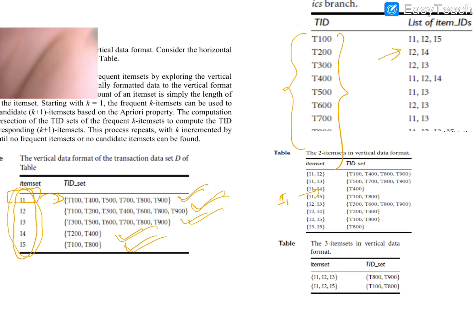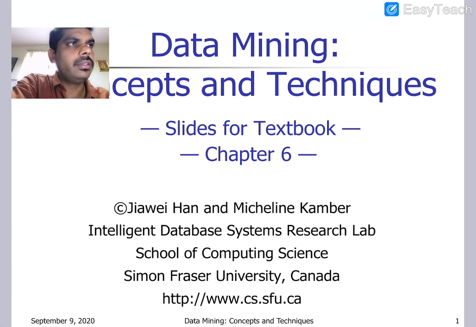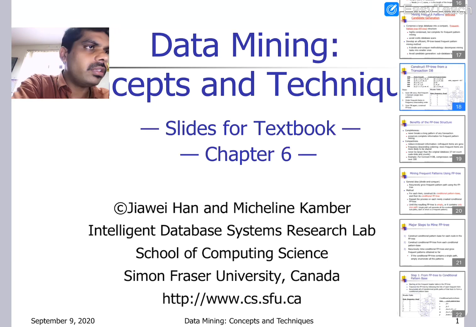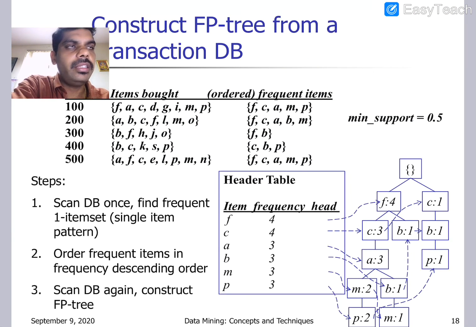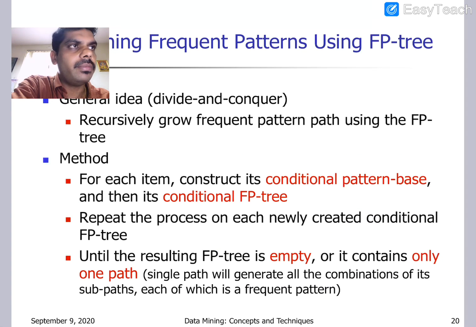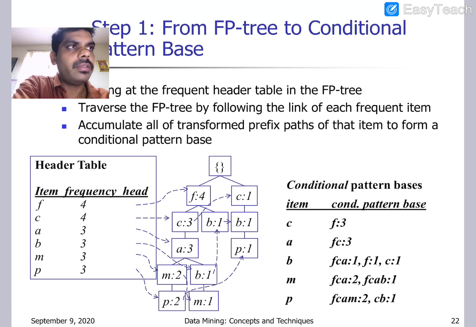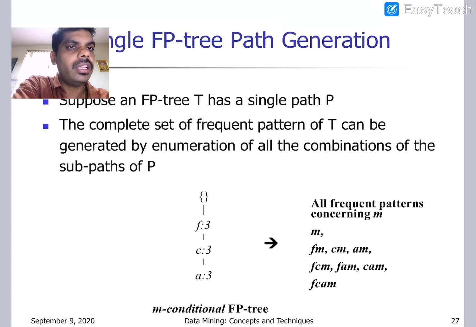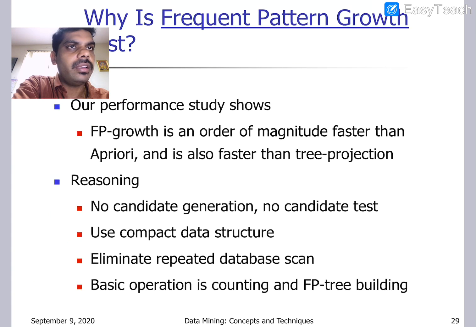Next, we are going to have a discussion. Where are we, what are we discussing? The textbook. I hope we started the discussion with association rule mining, and we completed Apriori, and FP growth we have also discussed. Then we started with the transactional database, and there we have seen the method we are going to follow and the major steps involved in the FP growth algorithm. So that we have seen.